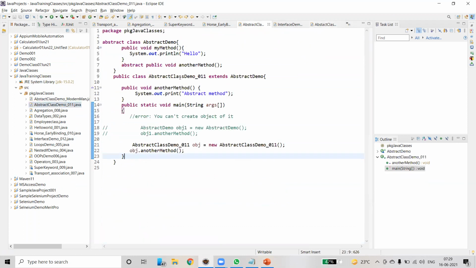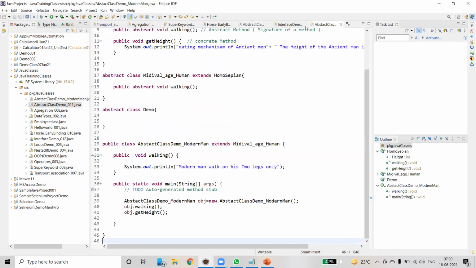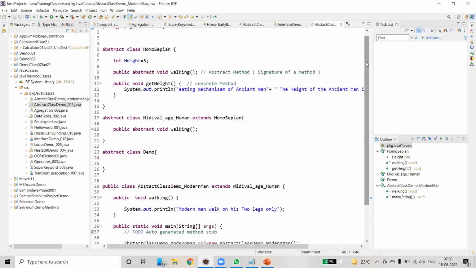Look at here, there is another example. We have a class and we have created a demo and we try to create an object for another method, but it doesn't allow because we can't create an object. I will show you here itself. If you try to create a medieval age human, what happens?